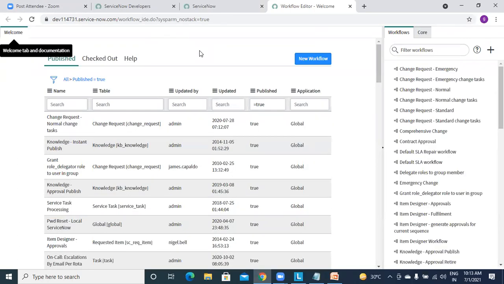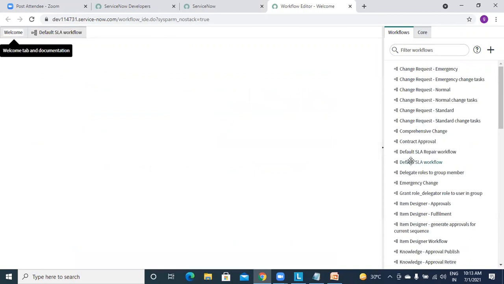Yesterday we saw the default workflow for SLA, right? So we will explore that today, and we will try to create a new workflow based on our requirement.